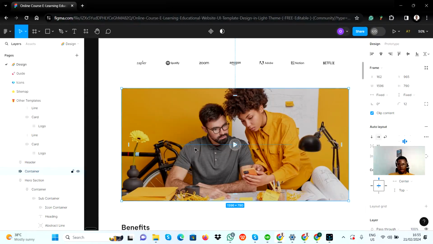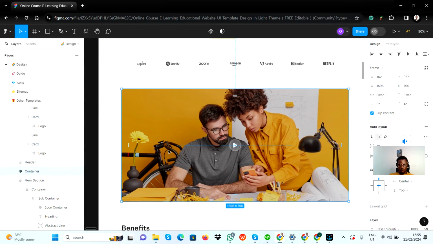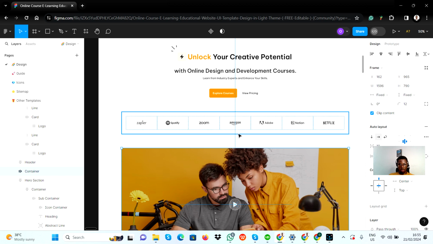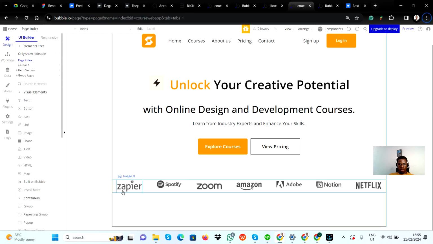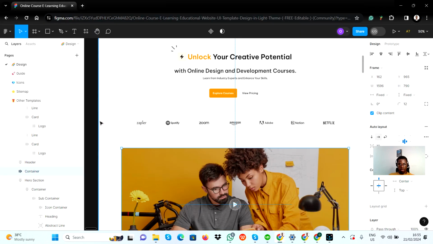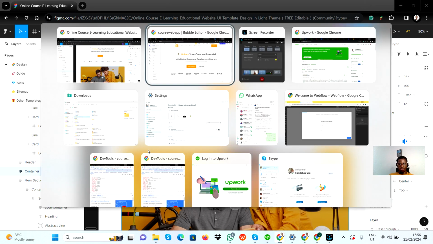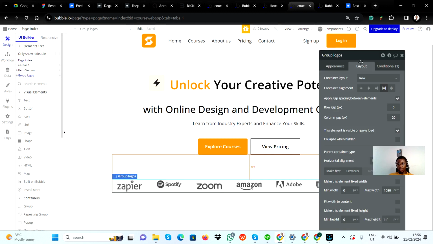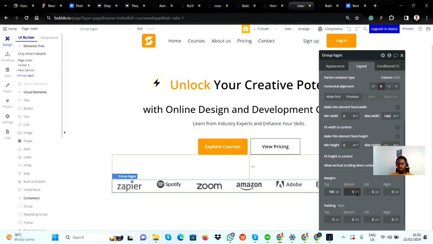Right now, we want to continue, but before we continue with the rest of the page, I want to correct some things in this section. There's a space between the edge of the page and the first logo, so we need to add that to our design. So I'm going to click on the group logos here, and I'll give it a